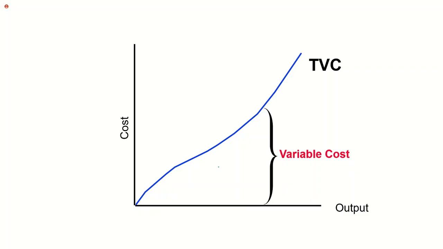As output increases, the cost increases, and it takes this shape. You start at 0 output, 0 cost, increase by 1, cost increases. So it keeps increasing as you increase the output. So TVC actually stands for total cost. Now we know the total cost